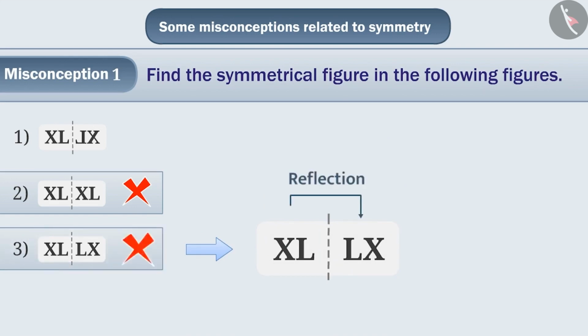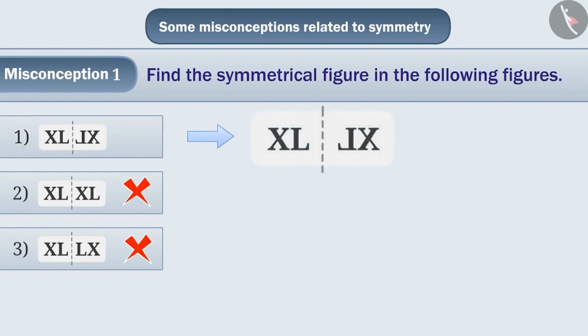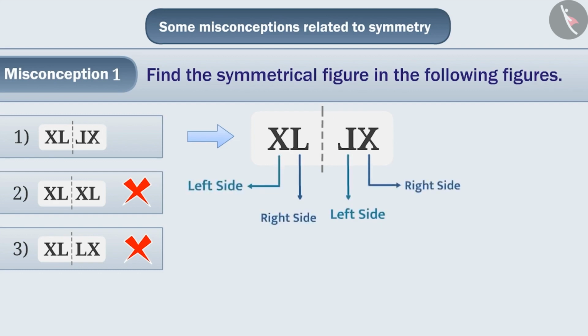But this is also the wrong answer because even here, the lateral inversion is not properly represented. If we talk about option 1, the left and right parts are reflections of each other. That is, the right part of the figure is visible in the left and the left part of the figure is right in the reflection. That is, the part of one side of the dotted line of the shape resembles exactly the part of the other side. Hence, the figure shown in option 1 is a symmetric shape. Therefore, the correct answer to the given question is option 1.